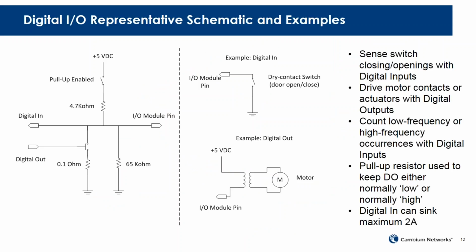We won't go through this slide in a lot of detail, but I wanted to give you a sense of how you go right from that sensor back to the cloud. Starting with the sensor, which is here on the right, you can see everything from that dry contact switch. This is the simple fact of a door opening and closing, or a tank filling up to the top and now closing a switch when it gets to the top. You can also see at the bottom an example of a digital output. Here I'm going to turn on a motor, which could be a pump or an engine or a lift. So I can turn motors on and off, and I can read the status of different switches.